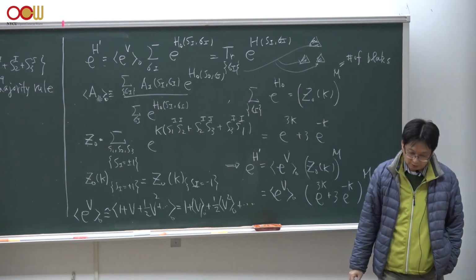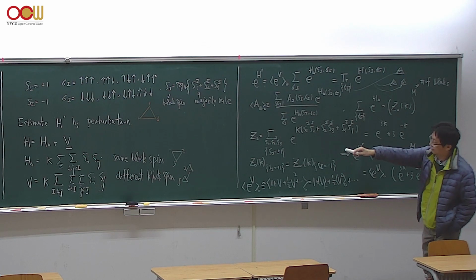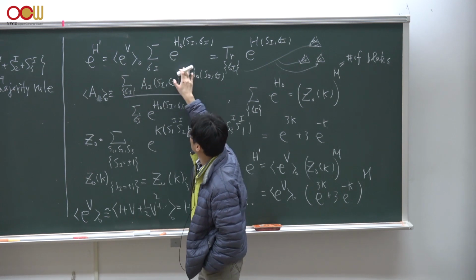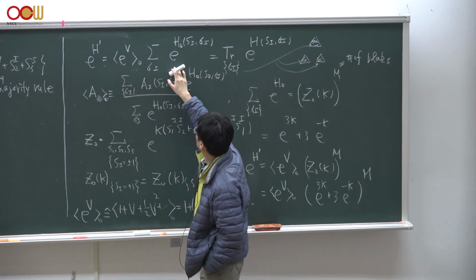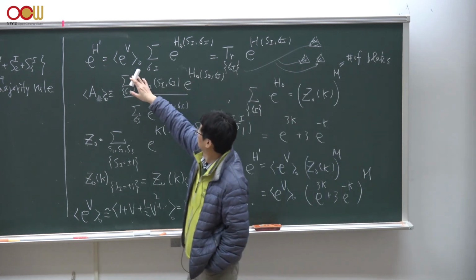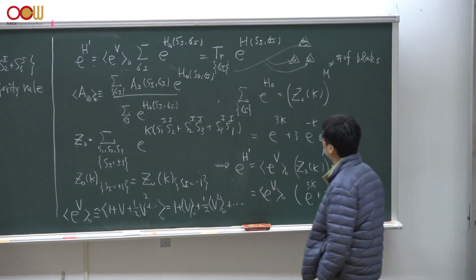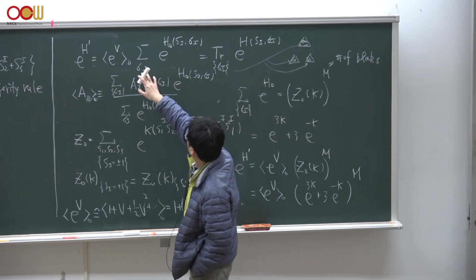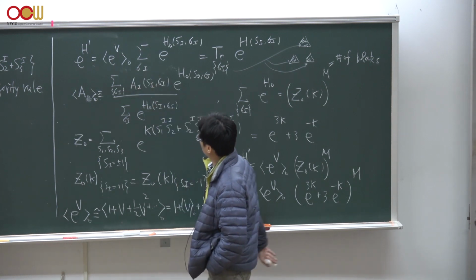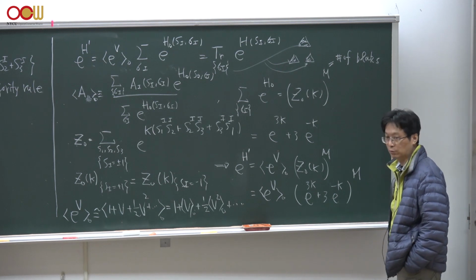So in other words, we could partially trace out each individual block spin, and then we could use that approximation to decompose this partition function into 2 parts. One is the trace within each block, another is the summation only involving different block spins. And then we could separate these two contributions, and when we multiply these two together, we get e to the H prime, where H prime is exactly what we need.